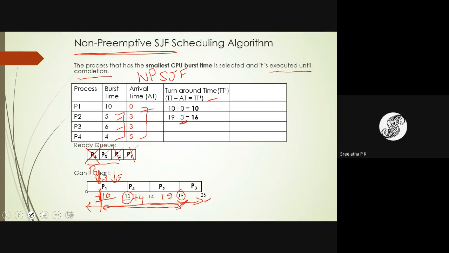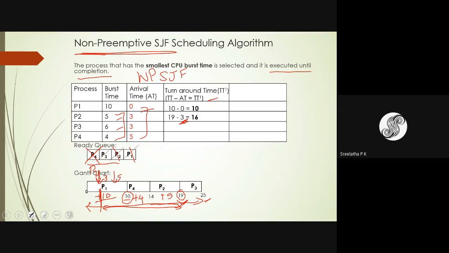Take arrival time: a few students may come late to the class. Instead of coming at 9 o'clock, they may come at 9:20 a.m., which means they are 20 minutes late. So the total time for which the student was in the class is when the class finishes, minus 20, because for 20 minutes they were not within the class. So minus arrival time.